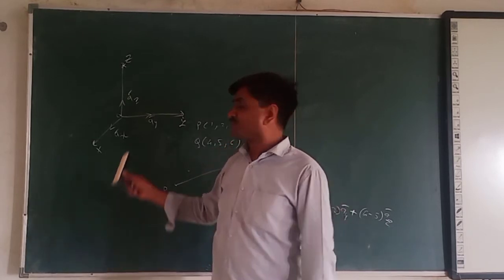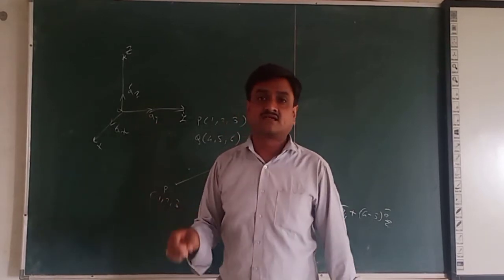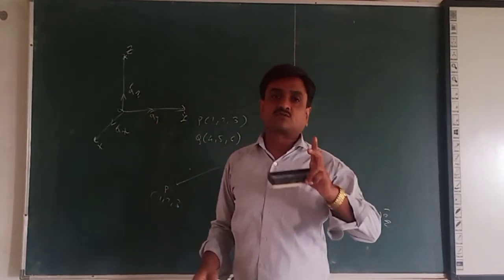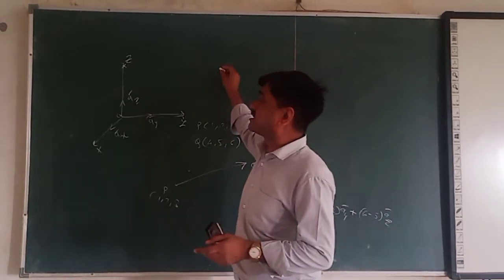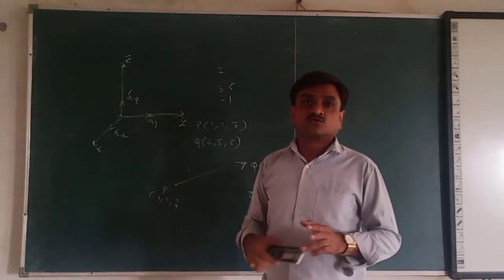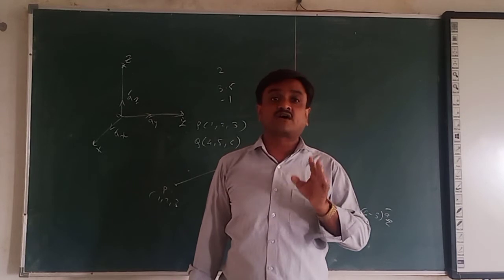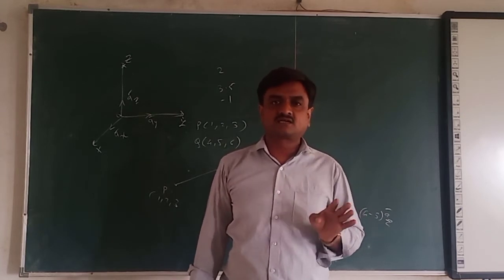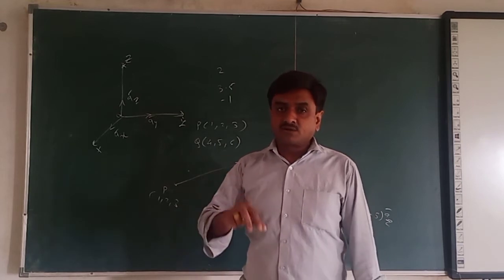Now, what is the application of the unit vector, or why are unit vectors introduced in the system? Unit vectors are introduced just to show the direction, because there are two types of quantities: the scalar quantity and the vector quantity. Scalar quantity means some number, like 2.35 or -1. Scalar is that quantity which has only magnitude and not direction, and a vector quantity is that quantity which has magnitude as well as direction.